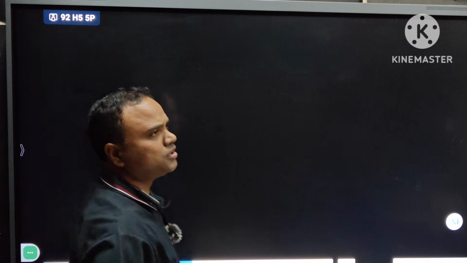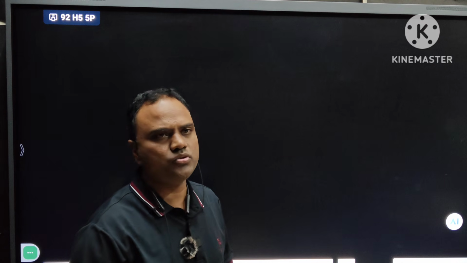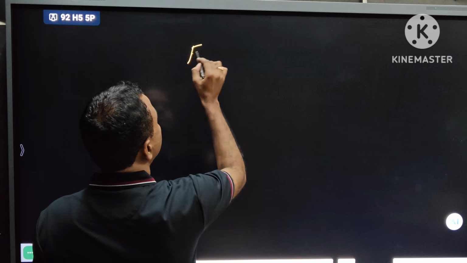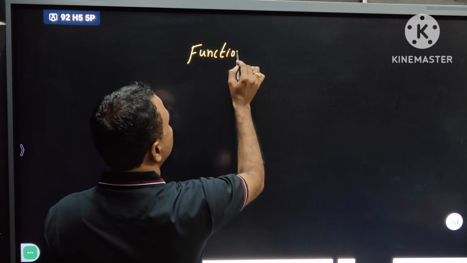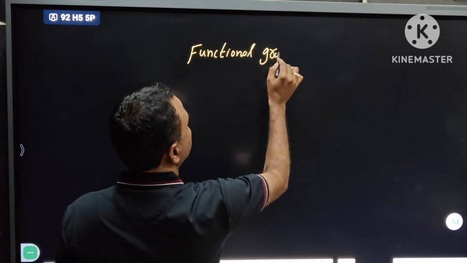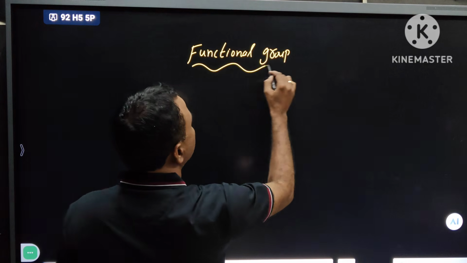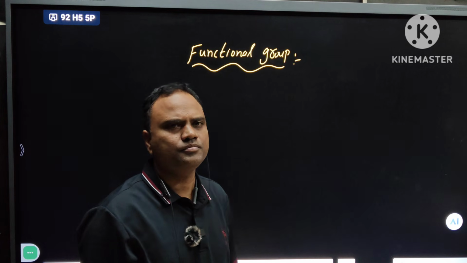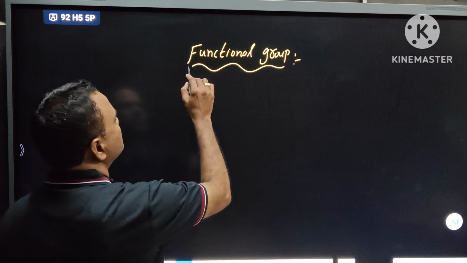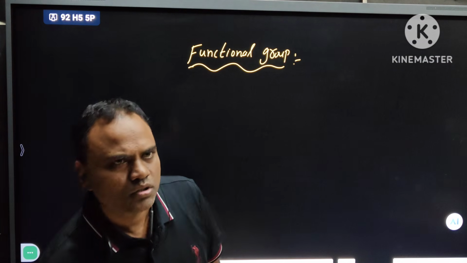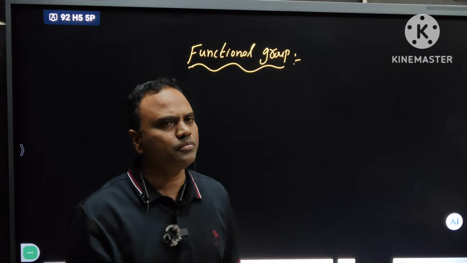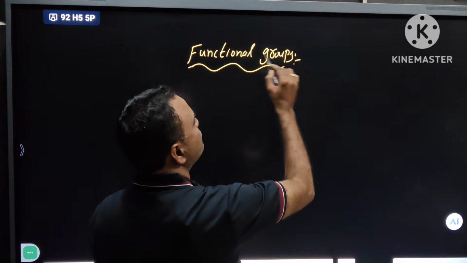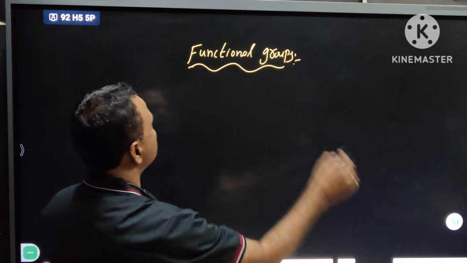Now next, let us start the functional groups nomenclature. Double bond, which comes first, that will get the priority. Let us start functional groups. We entered into the main part, a very important part. Functional groups, nomenclature of functional groups. First one,